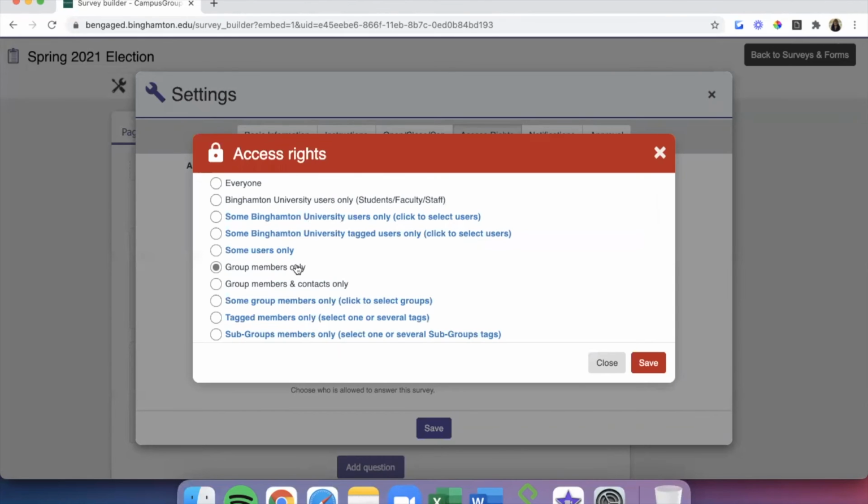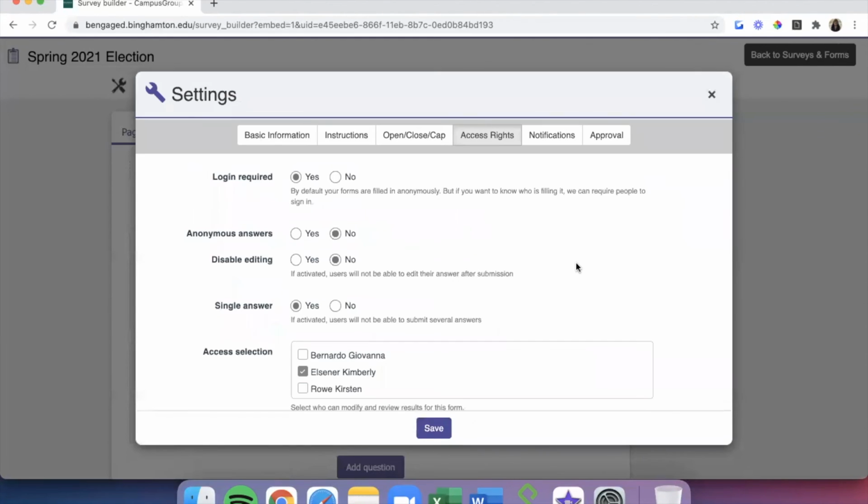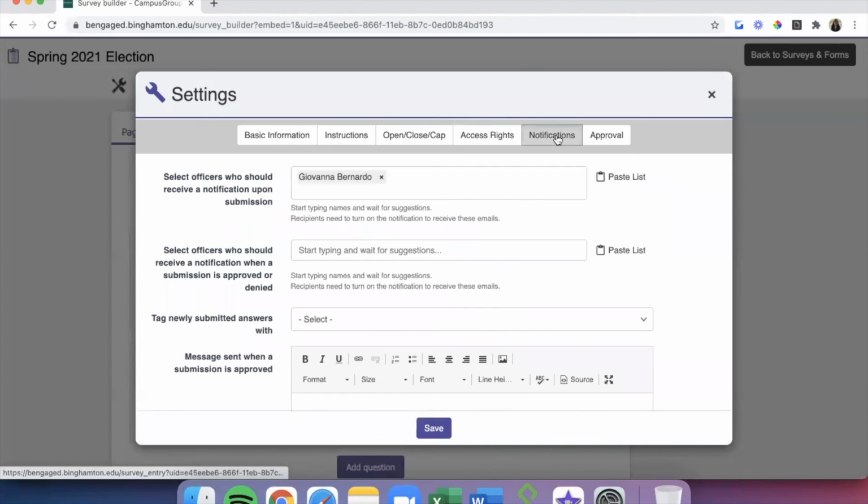This is the most secure way to conduct your group's election in Be Engaged without having to worry about who has access to the right form. We'll click the red Save button and then the purple Save button yet again and move on lastly to Notifications.